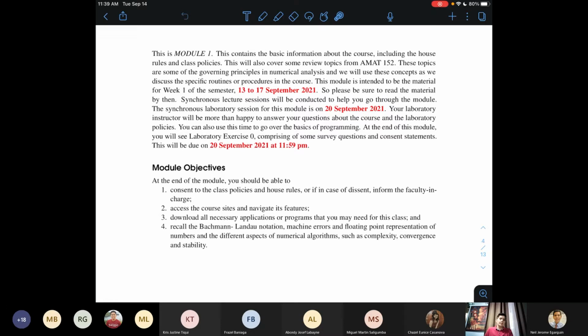Pero kung talagang wala kayong capability to attend the synchronous sessions or watch the videos, the modules are self-contained. So nandiyan na yung lahat ng comments, or almost all of the comments that I would have delivered in a live class. The materials, ako mismo yung sumulat niyan. The work text, ako rin yung sumulat. So the idea when I wrote that ay maging self-contained siya. Kung ano yung sasabihin ko sa lecture, ano yung script ko tuwing lectures, yun yung nandun sa work text. Kaya medyo wordy yung work text. So it's still fine if you cannot join synchronous sessions, nor watch the videos, because the work text and the modules will be as self-contained as possible.